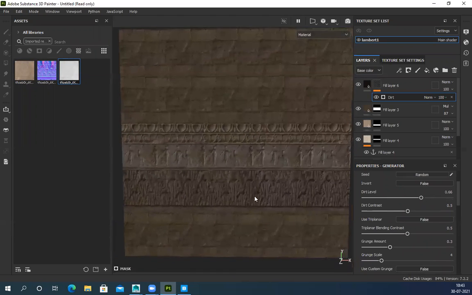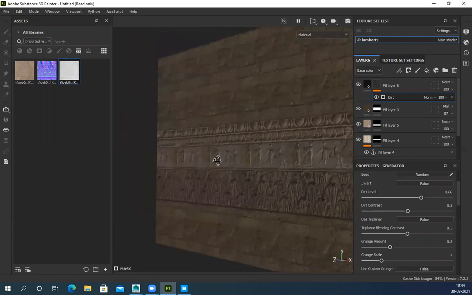Generate those dirt and everything. So like this, I can create a really dirty texture and whatever I want to create. Because here in Substance, I have to do it manually. I have to add multiple layers and blend it. In Quixel Mixer, you can do it directly on that layer. But I don't know, due to some strange reason, it's working weirdly.